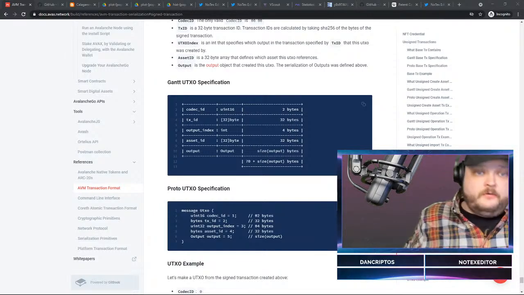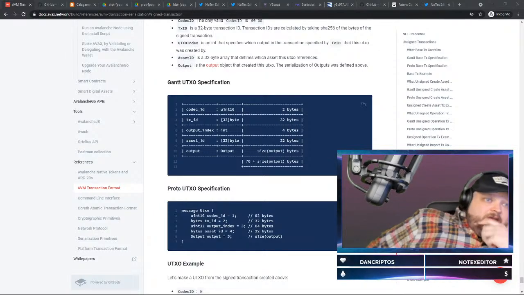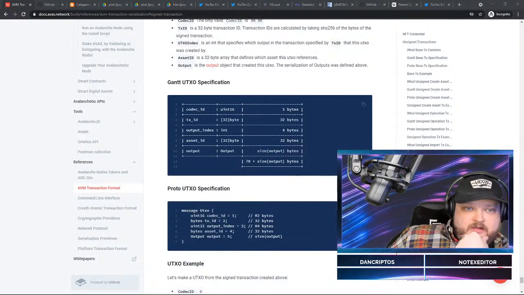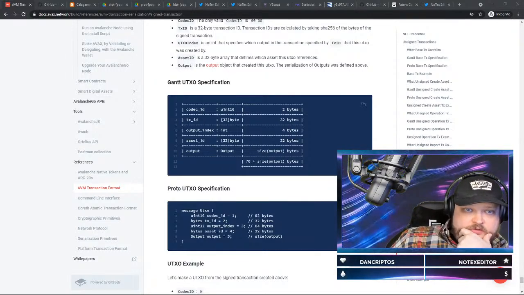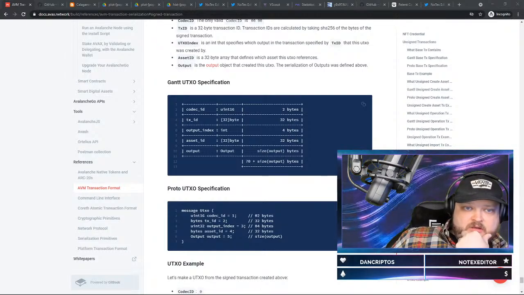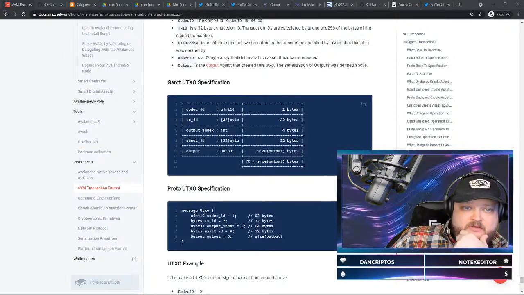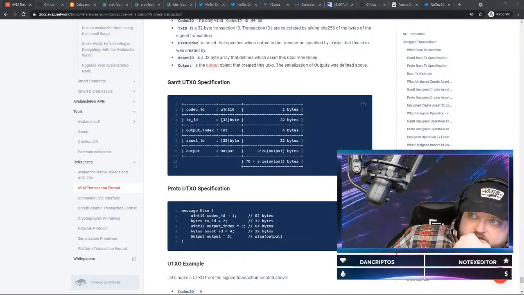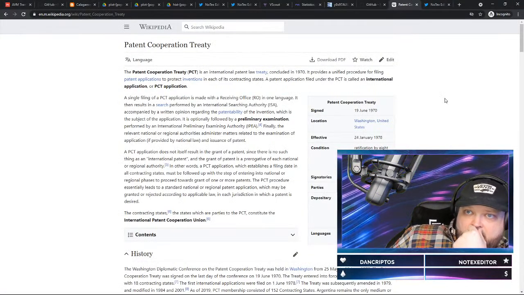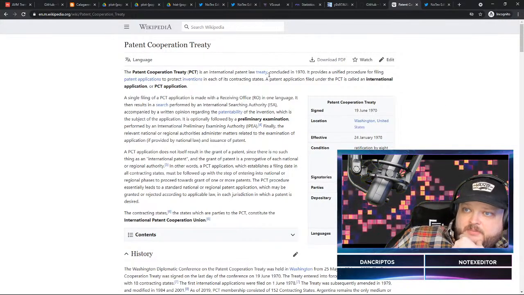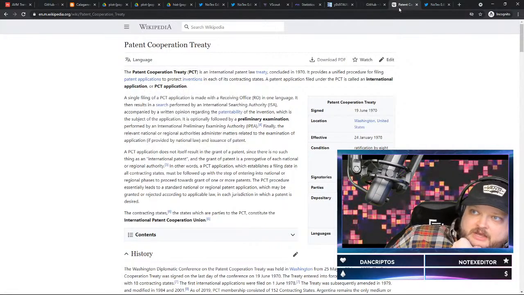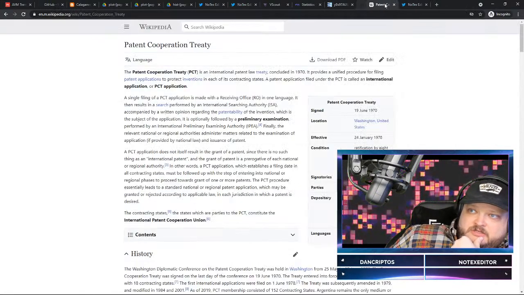All right, so I might have to address this now just because people are asking stuff, and I want to. So let's see. We got questions. So really informative. Patent opinion, isn't a patent opinion above an injunction to a PCT application rejection? So let's take a look. International law, patent law provides a unified procedure for filing patent applications. So just so you guys know, this was brought to my attention.